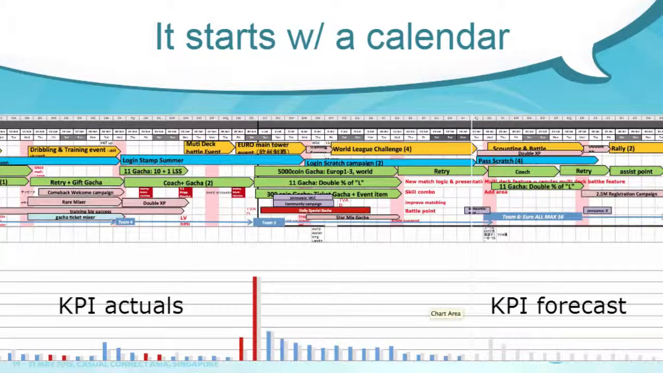So all events start with a calendar. You want to have an editorial calendar where you've plotted out over time the kinds of events you're going to be running and when. And this is an actual event calendar from a trading card game in Japan. This is a FIFA trading card game run by EA. And you can see that at any given time, they have 5 or 6 different events going on, and they're